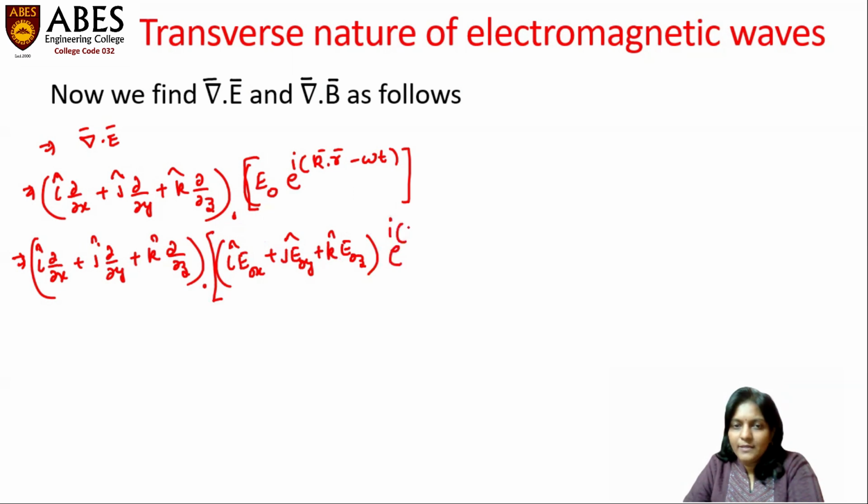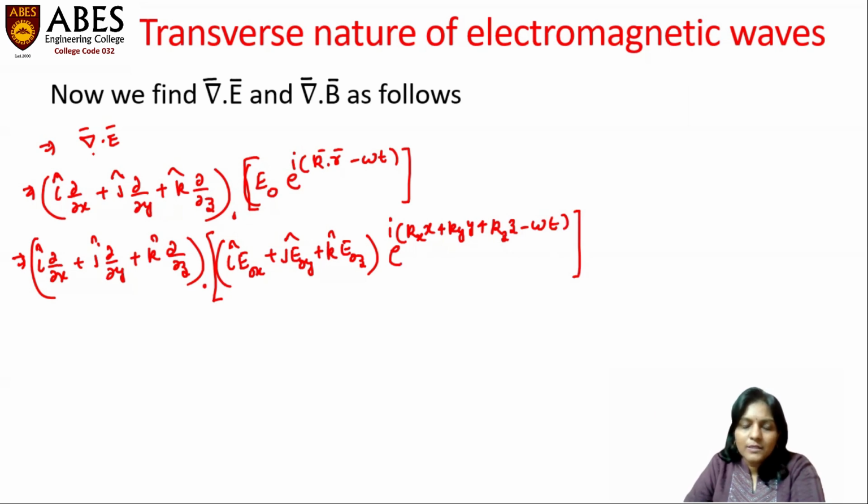Here is the power i(kxx plus kyy plus kzz minus omega t). It means I am writing all the components of del and E in terms of x, y, z. So del dot E means i dot i del over del x, E0x e raised to the power i(kxx plus kyy plus kzz minus omega t)